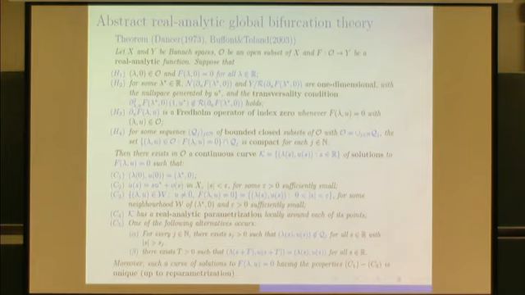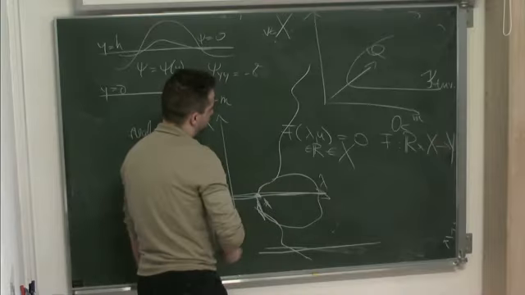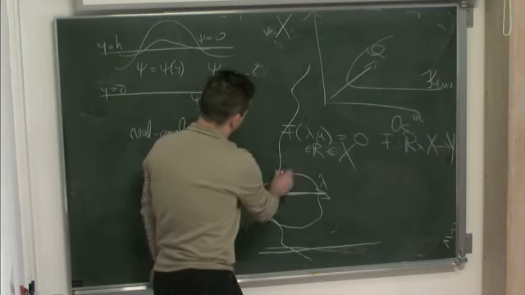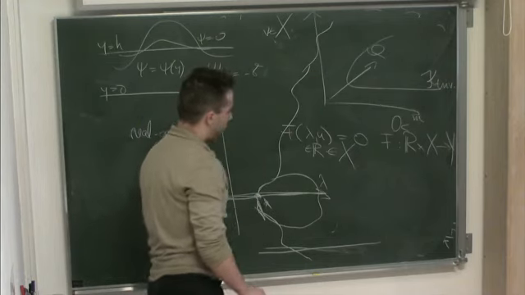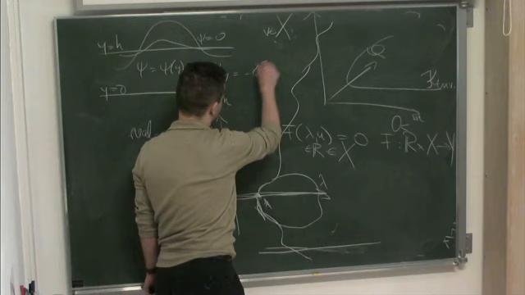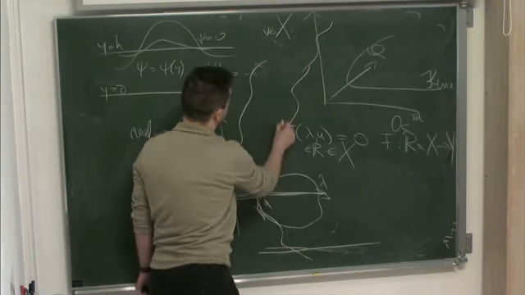If these assumptions are satisfied, then Dancer's theorem tells us that there exists an extension of this local curve, which is real analytic, and which either is a closed loop, so it returns to the same point, or goes to infinity in the function space, or approaches the boundary of the domain where